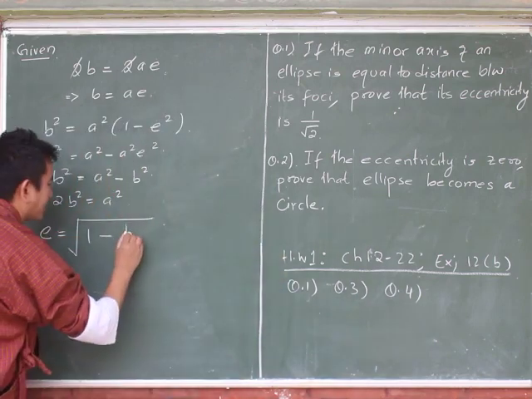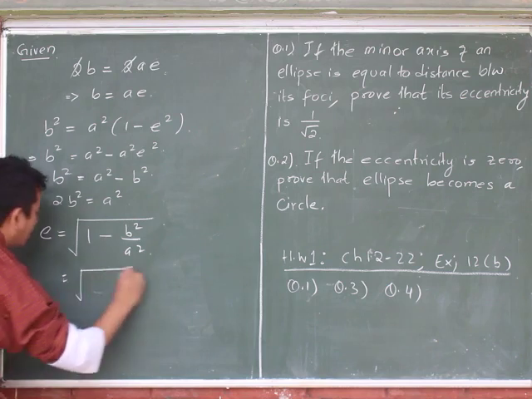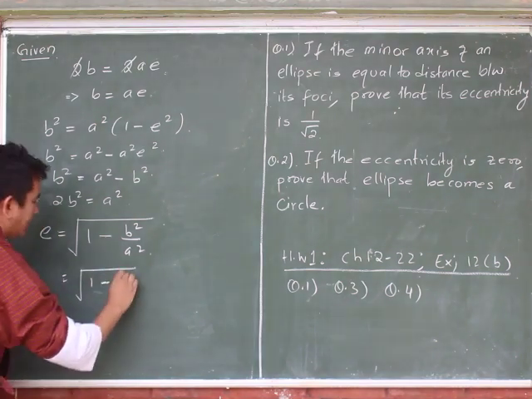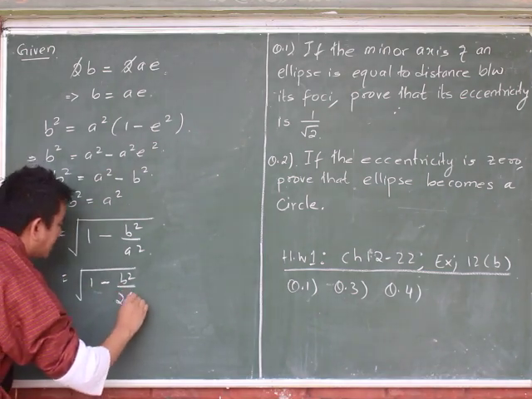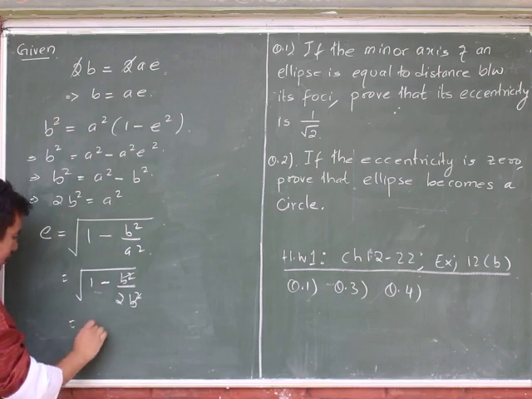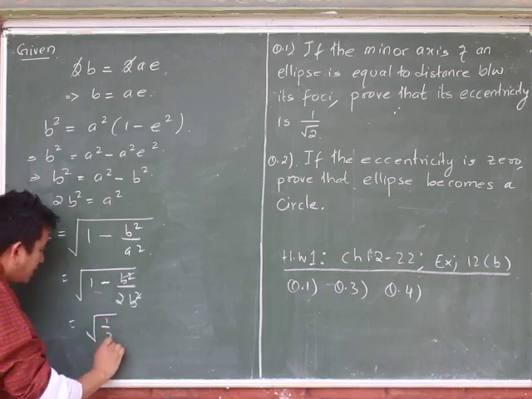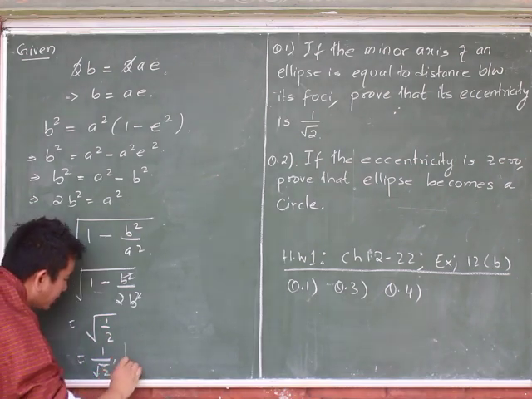1 minus b square by a square, which is equal to root of 1 minus b square by, what's the value of a square? The value of a square is 2b square. Yes or no? b square will get cancelled, which is equal to root 1 by 2. What's the root 1 by 2? It is 1 by root 2. Hence,